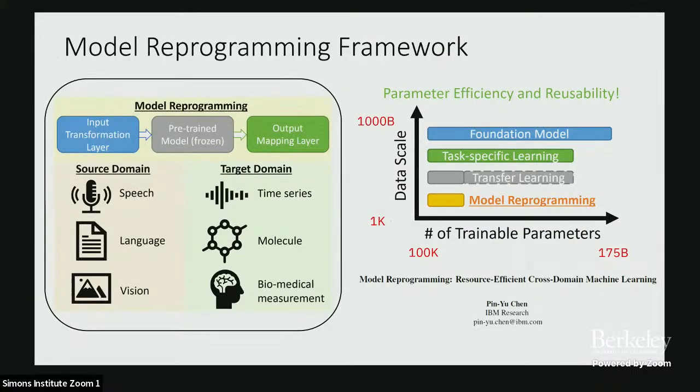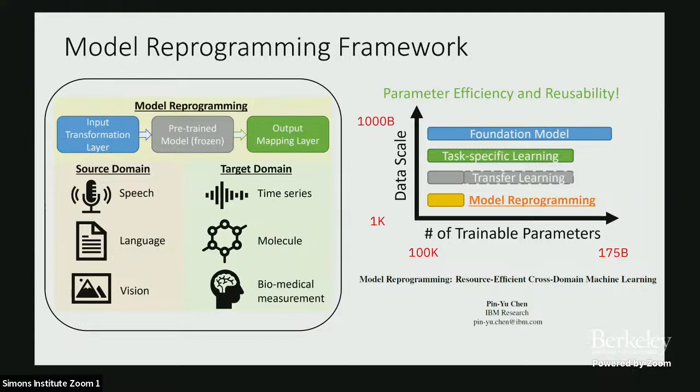From our perspective, with those foundation models, we basically have a pool of available pre-trained models. So we are asking how we can build upon these pre-trained models to solve different tasks, especially tasks in resource-limited domains. What we are proposing is a new framework of model reprogramming that takes a pre-trained model and freezes it, which means we are not changing the weights during the fine-tuning stage. Instead, we insert two trainable layers, or transformations, at the input and output of the pre-trained model to repurpose the model to do something new.